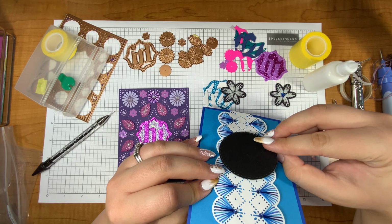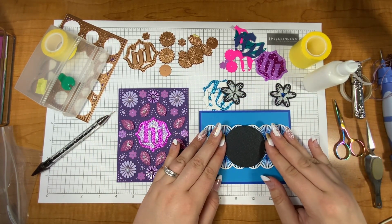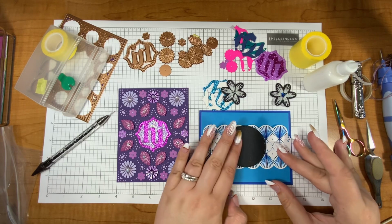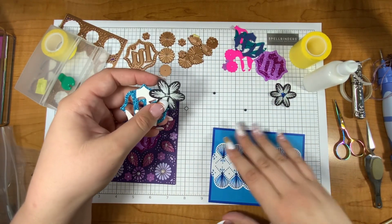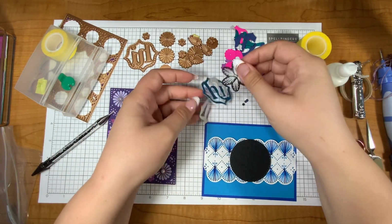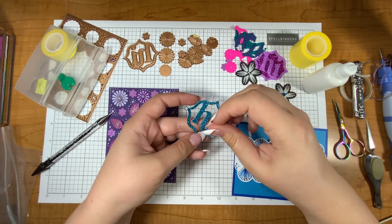Okay, so they're kind of lined up there, and then I'm going to flip it over and then position it going this direction. Yes, I know I'm covering up some of my stitching, which is sad and whatnot, but it's going to be fine. I have my 3 gems here that I don't want to lose. I'm going to do the same thing with the "hi" with the tape on the back